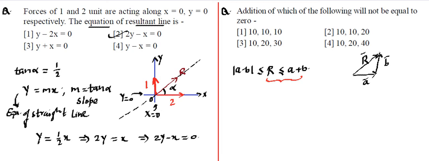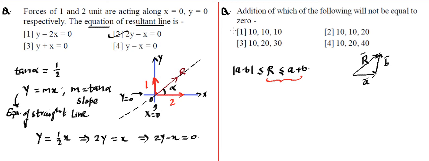Now if it is a resultant, then you'll find their sum can be treated as a 0. Or you can say you just change the direction of R. If it is brought in this direction, then you'll find this will become a vector sum as a 0. Make sense or not? So that means there must be a triangle formation by these four options. So in the option in which the triangle formation will take place, their sum may be 0, otherwise it will not be 0. Making sense or not?